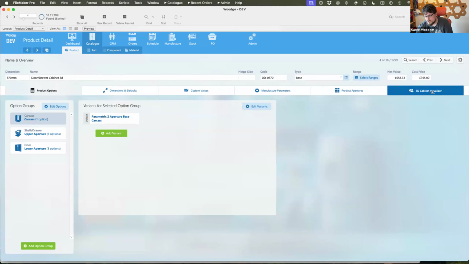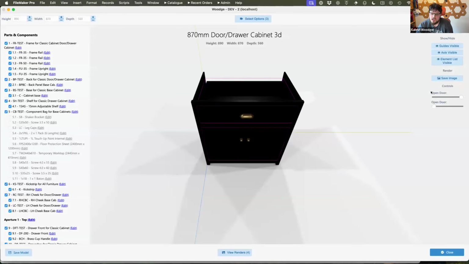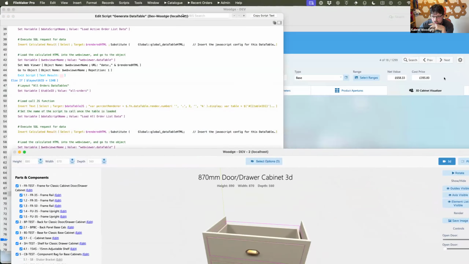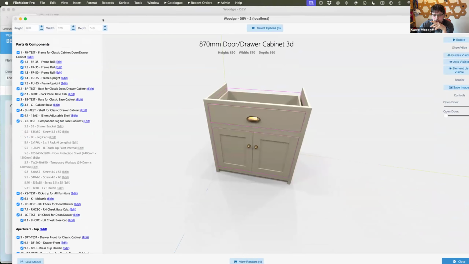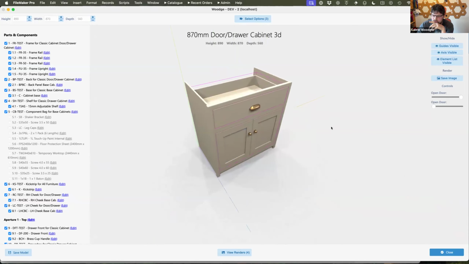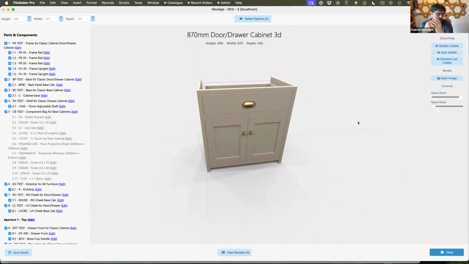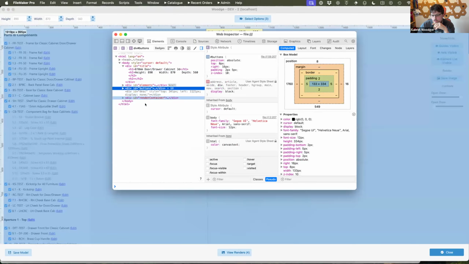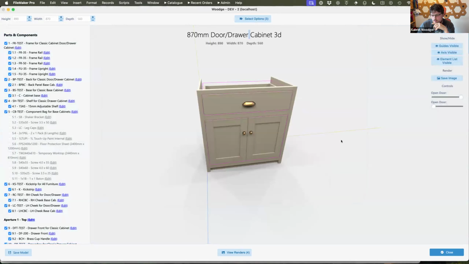So a few years ago, we built this kind of 3D cabinet visualizer functionality into FileMaker. Effectively, this is just a card window that loads, and in here we've got the 3D representation of the product. This is using a JavaScript library called 3JS, an open source library that allows you to use the WebGL rendering engine to produce a 3D scene. So we have just a canvas tag in here that everything gets drawn to.